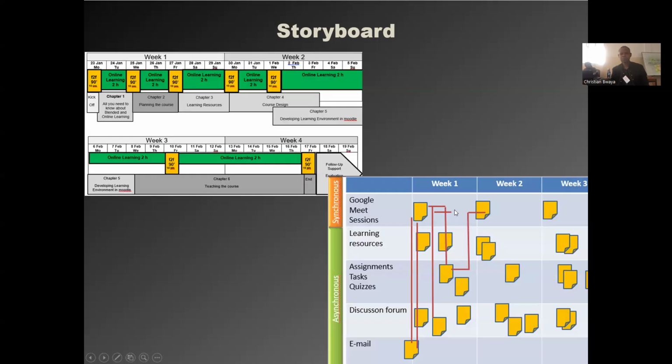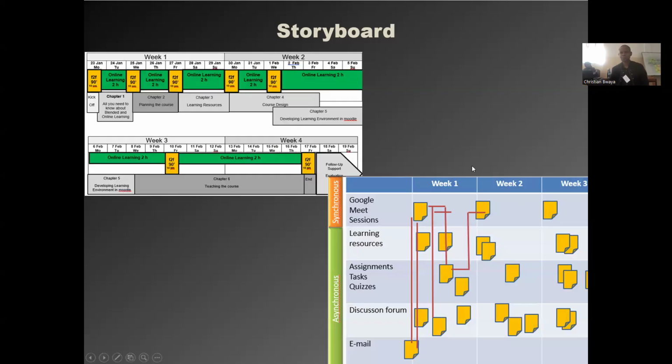So all in all, the storyboard is a way to bring an overview of the whole learning and teaching process. And there I can easily see whether the whole thing is a holistic learning experience or whether I have maybe an element that has no connection with the rest altogether. Then I will have to think about whether I can leave it away or if I will interconnect it to the rest.